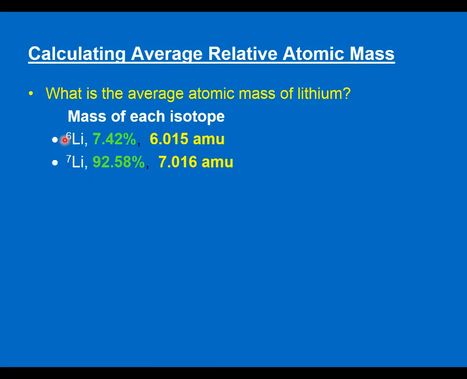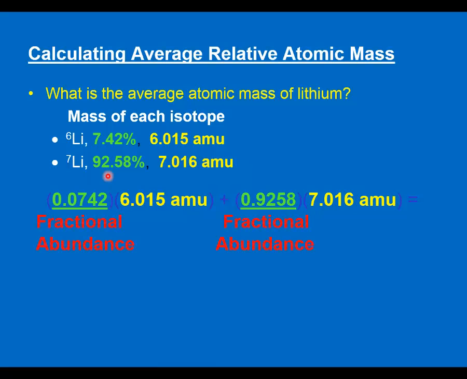So my lithium-6 isotope is present at 7.42% in nature. It has an atomic mass for those specific individual atoms of 6.015, out to the thousandth place. Lithium-7 is 92.58%, and it has a mass of 7.016 atomic mass units in nature. If I go ahead and convert the percentages into my